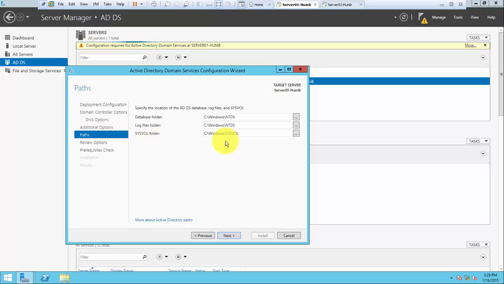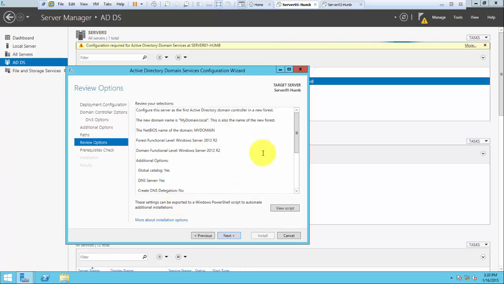So the sysvol folder is very important. It contains the group policies in a centralized manner, so they can be implemented throughout the domain to all the client machines and users, as well as all the scripts that we can use centrally to deploy throughout the domain to all the clients, users, and computers. So it's a pretty important folder. Next,